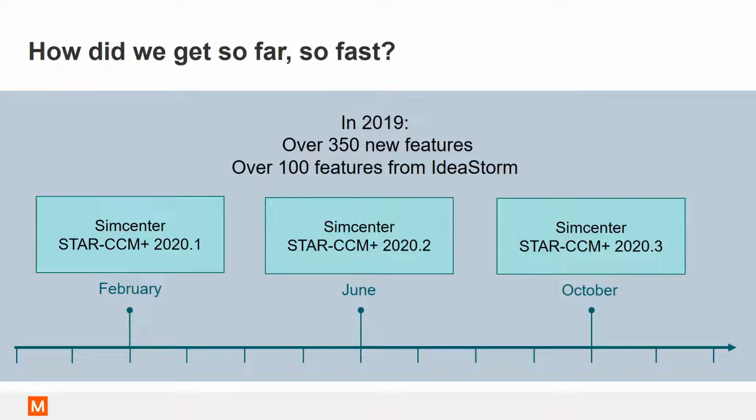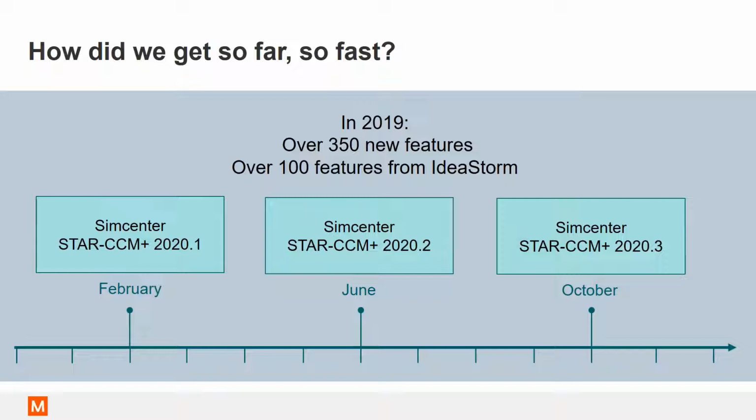It's a crowdsourcing system that allows you as customers to submit your ideas for code improvements. Developers use that to interact with users and understand where they need the code to go. Just in 2019, out of the 350 new features, over 100 of those were born in IdeaStorm, giving you the ability to shape the tool.